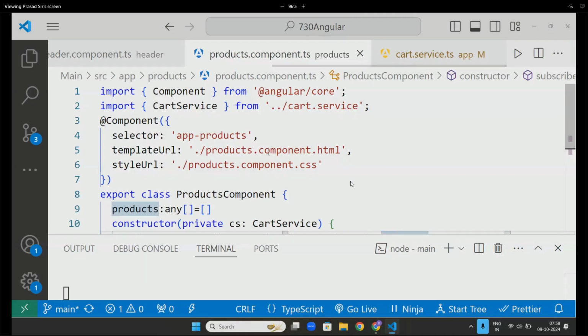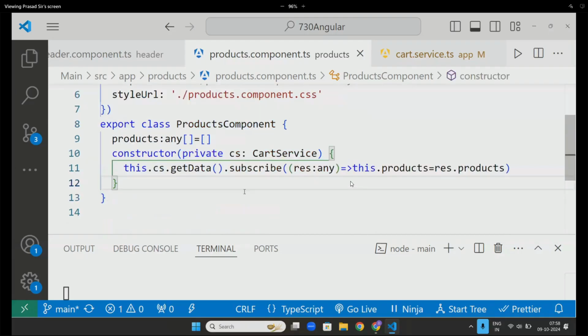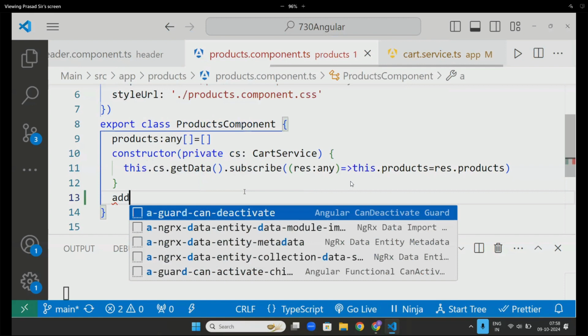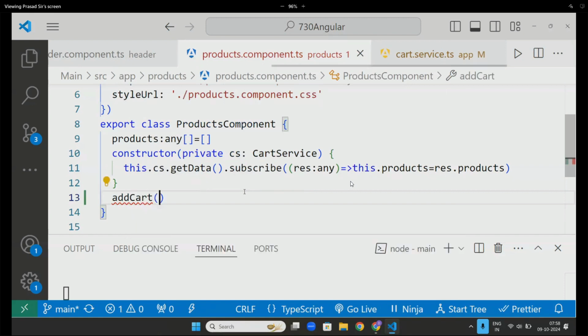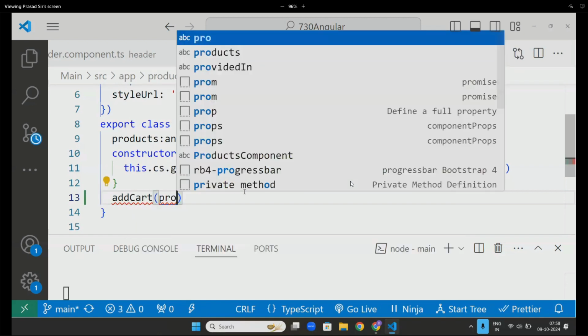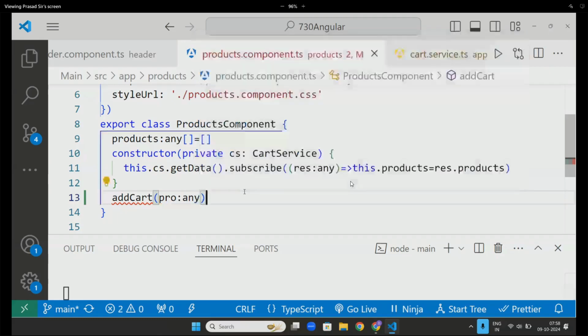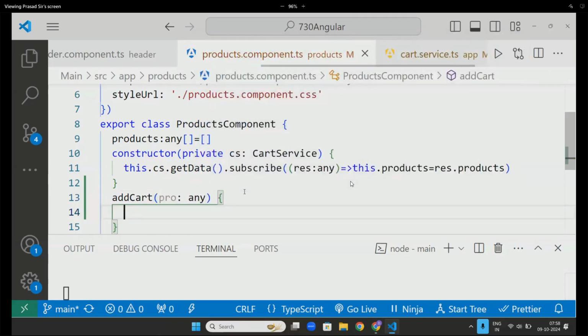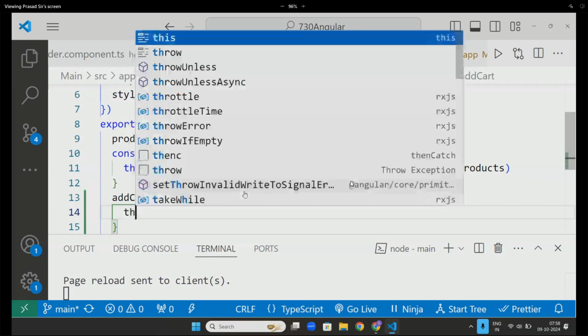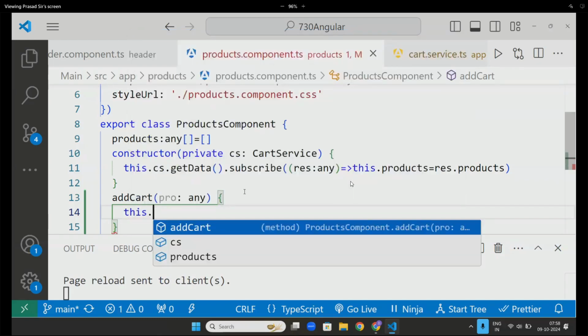Inside the TypeScript, I will write this function, add cart, which will take a product, which is any. Now here, it will call this dot. Inside this function, add to cart is already there.